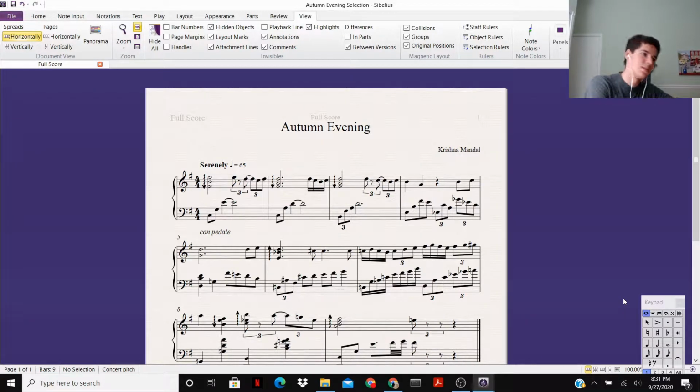I wrote this piece because of the time of the year, band reviews. I like the colors, just the atmosphere, I guess. So I kind of wanted to write something that encompassed that. So something that was atmospheric and kind of floaty and uncertain at times. I actually do a number of things to express that in music. But before I get into that, let's listen to how it sounds.